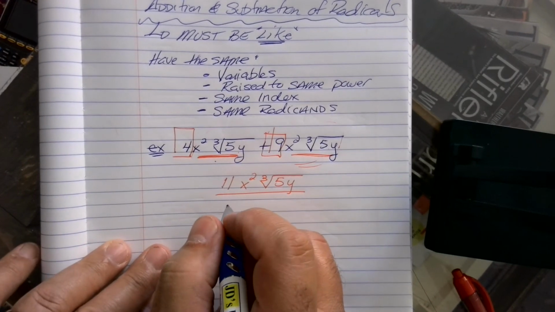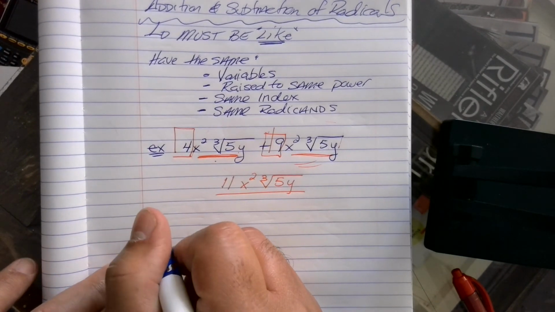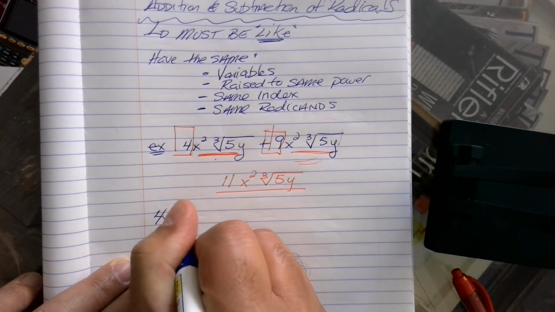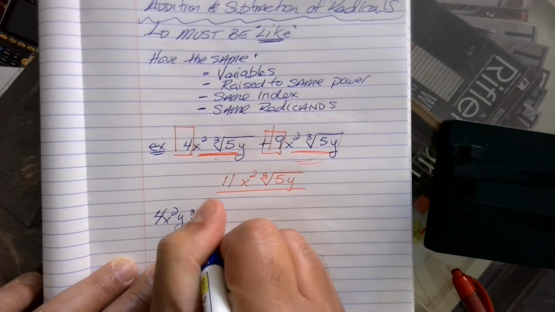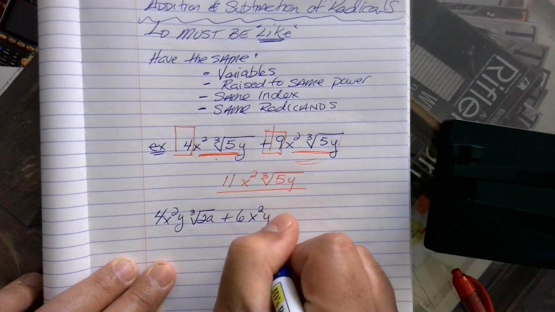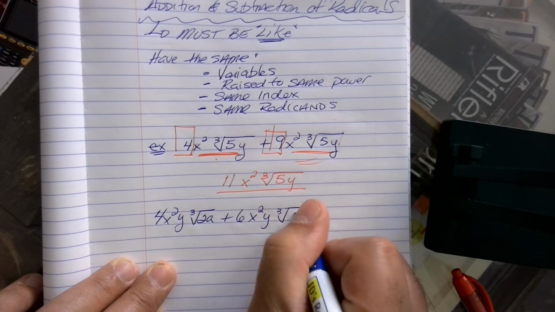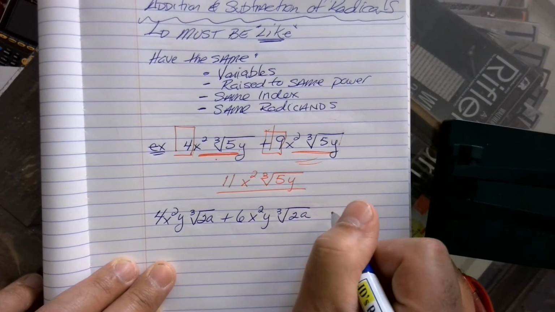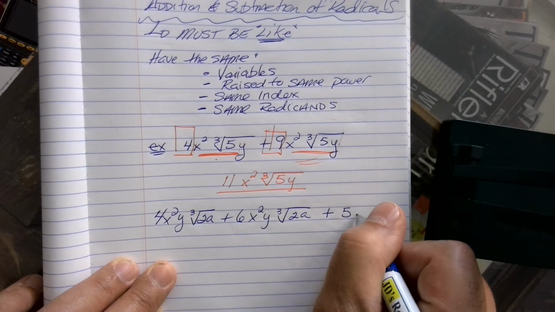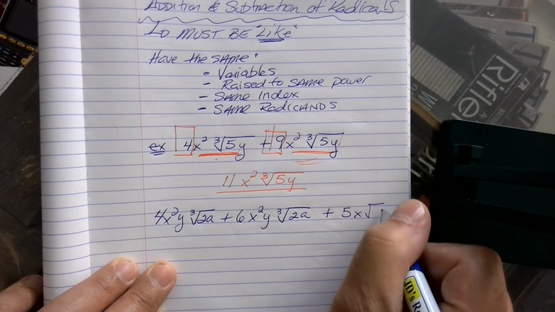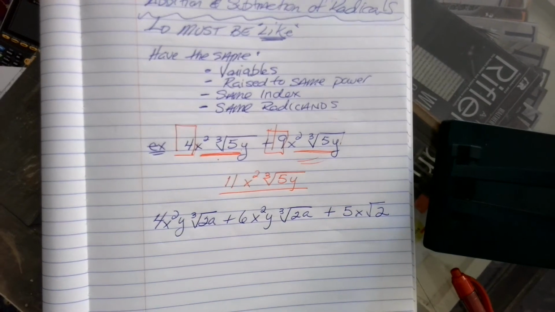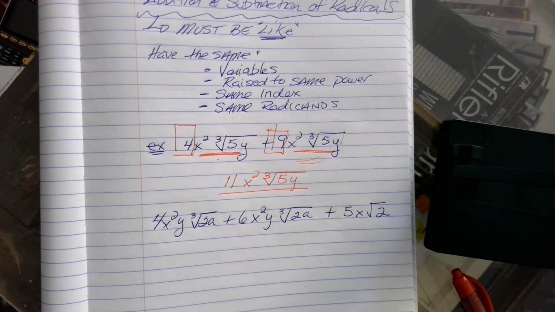Let's do some more. What if I had, this one looks horrible. Oh, this is a good one. Let's see. 4x squared y cube root 2a plus 6x squared y cube root of 2a plus 5x square root of 2. So we're combining these three terms,